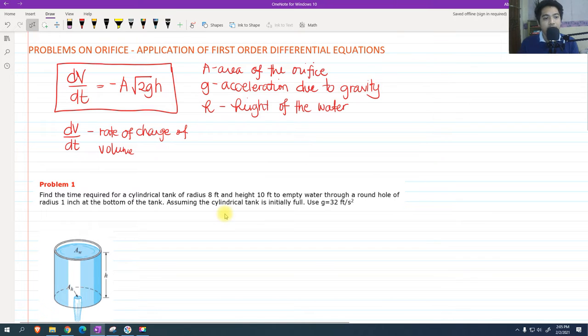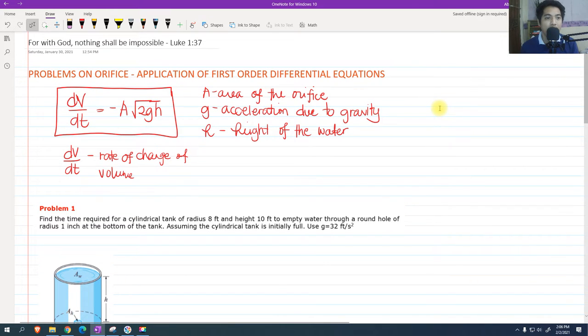So we have here a cylinder which is filled with water, and it has an orifice, a small opening on the bottom of its cylinder. The problems involving the orifice ask us to find the height of the water at a certain time, or the time it takes for the water to completely drain the cylinder. Okay? So we have here the differential equation